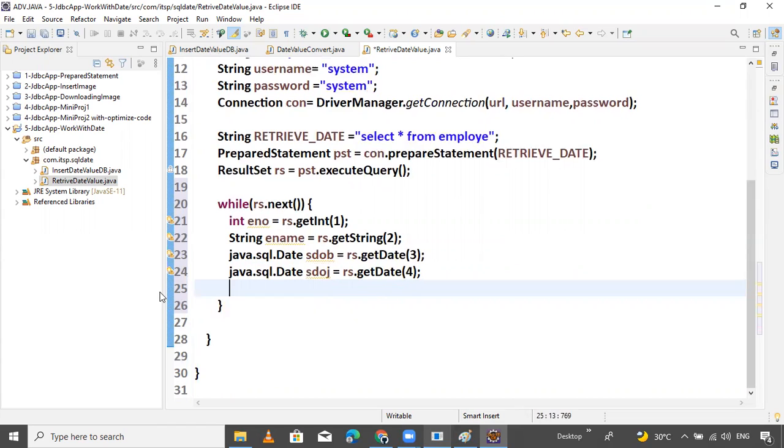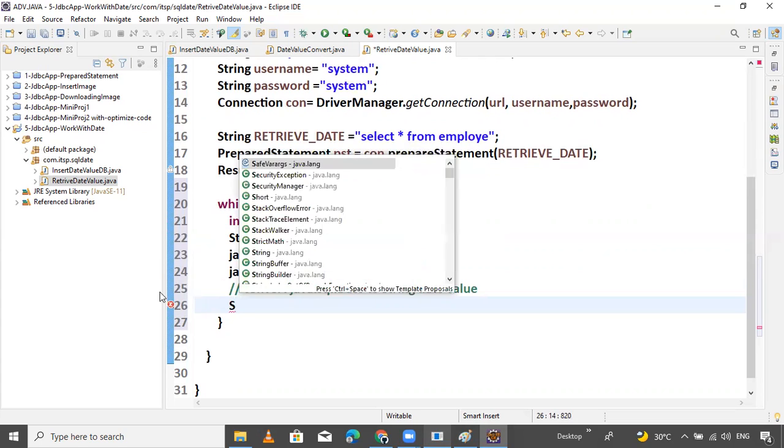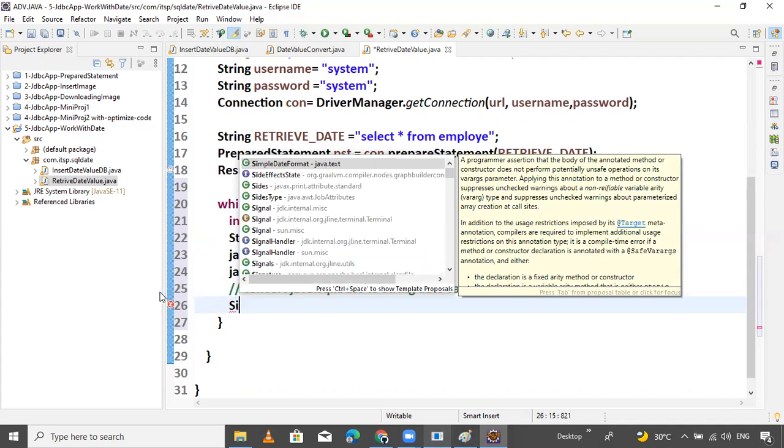So now, simple conversion. Convert java.sql.Date to a String date value. I taught you all these things in the last session. How to convert: pass which format you want.